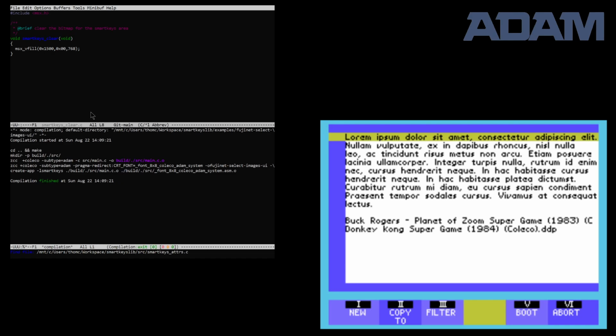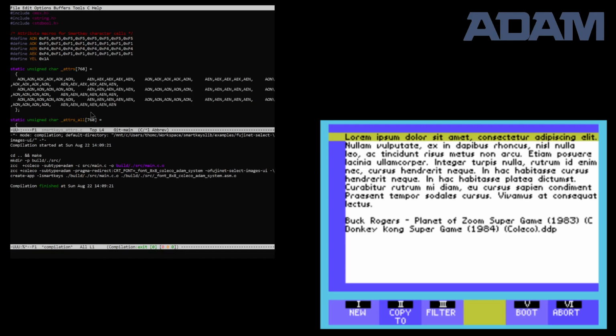Smart Keys Adder is probably the most complex of the bunch. Essentially what it does is, because I'm using bitmap mode 2, each color entry is a single 1 pixel by 8 pixel line of a character cell. There are 8 of them for a single character cell, so I need 8 of those for a single character cell here, and we have those for the different color values for odd smart keys, normal, and those with a keycap, even entries, those with a keycap, and attribute entries